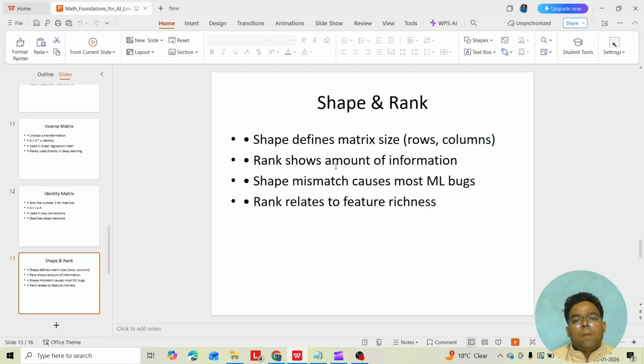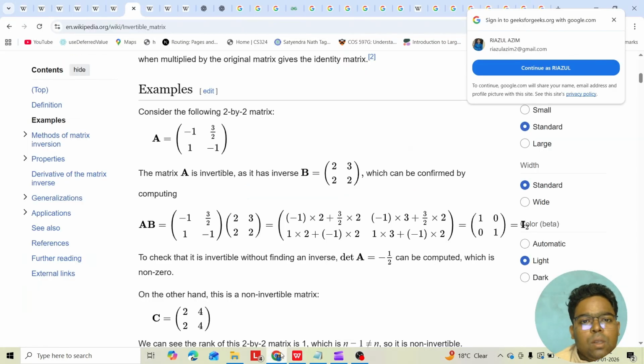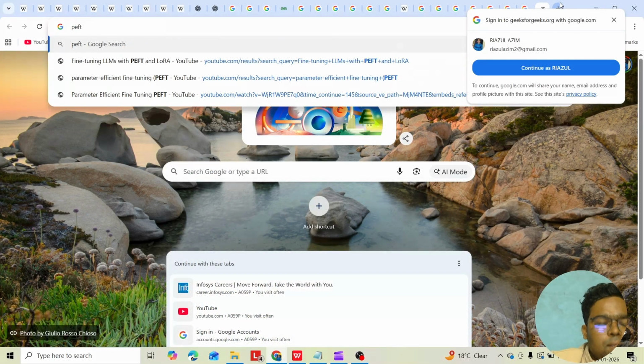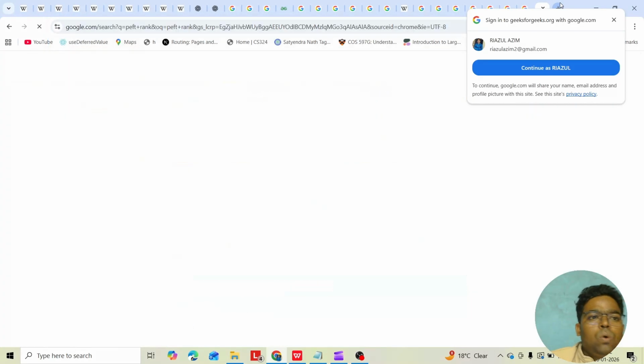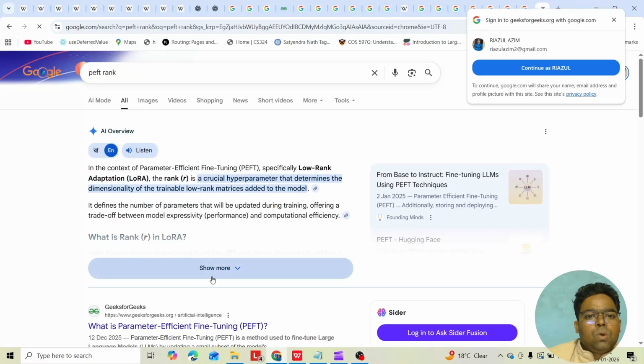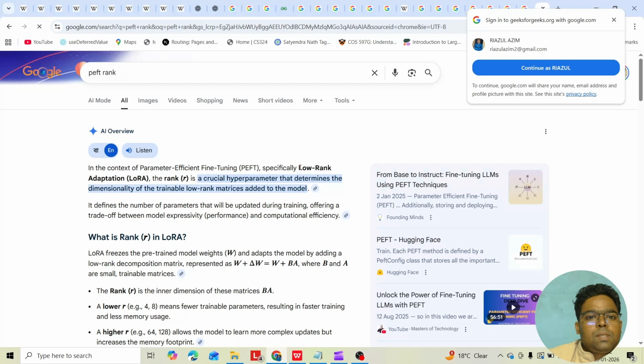Rank shows the amount of information, and where it is used, mostly in PEFT, that is parameter efficient fine tuning technique. You can see that is PEFT. Next, let's say that is rank. So parameter efficient fine tuning. You can see that this is specifically low rank adaptation, or rank r, that is